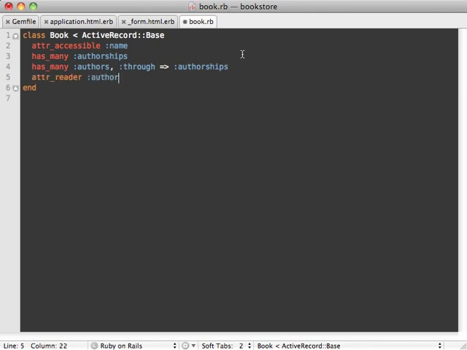I'll call it author tokens, and then I'll create a setter method manually because I need this to actually parse the comma-separated list of IDs. Remember, when the form gets submitted, this field will be a comma-separated list of IDs. So I'll set the author IDs to IDs.split by a comma, and that way it'll set the authors when that